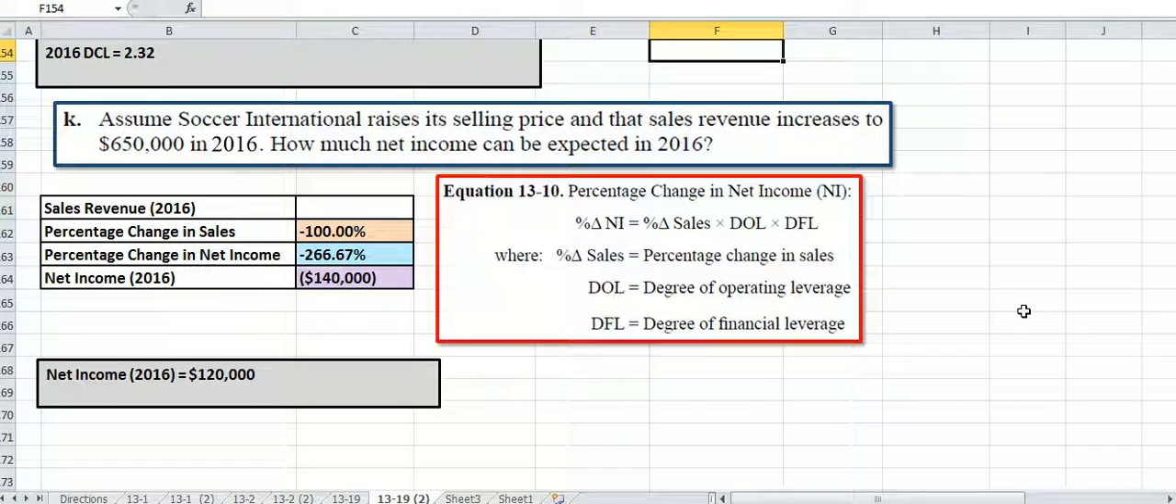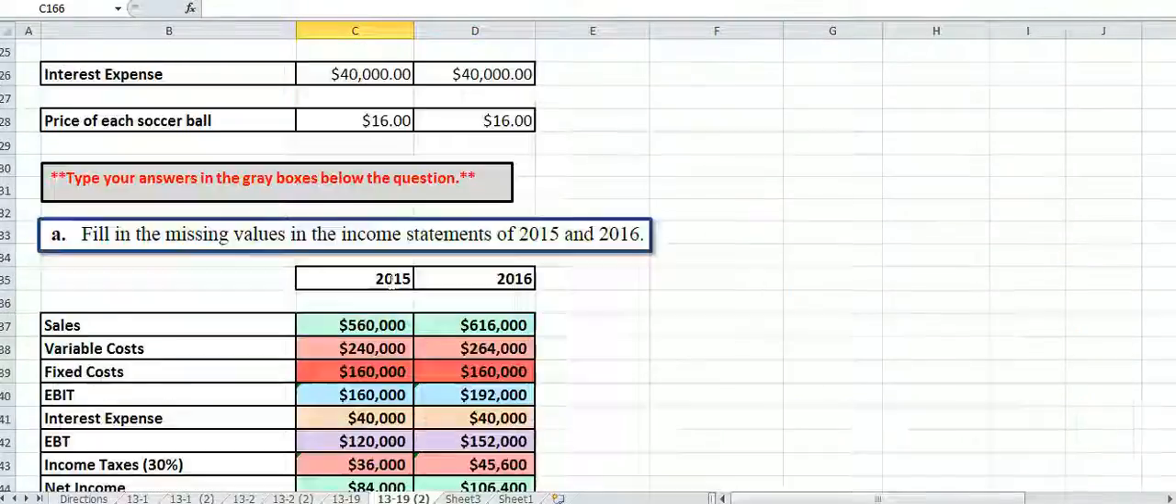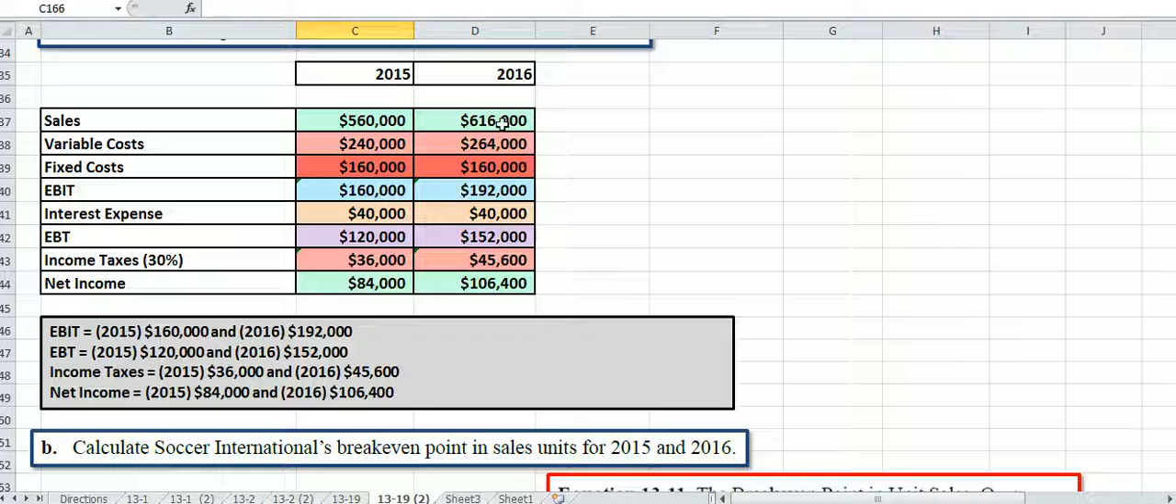All right, K. Last one. We assume that Soccer International raises its selling price and its sales revenue increases to 650,000, and then it's asking us what our net income is going to be. So this is our percent change in sales. This is our percentage change in net income. And our net income would go up to 120,000. So we can see that if we compare that to the net income we had, which was 106, with sales of 616,000,